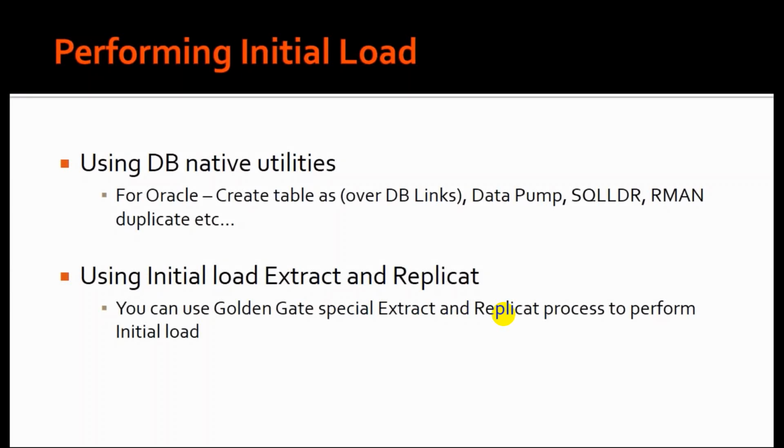And also, in case of database native utilities, initial load can only be performed when the source and target are of the same vendor. But the problem is, what if the source and target are of different vendors? So you need to use the initial load extract and replicat, which is provided by GoldenGate. So you can use GoldenGate special extract. These are known as special extract, or you also call them initial load extract and replicat process to perform